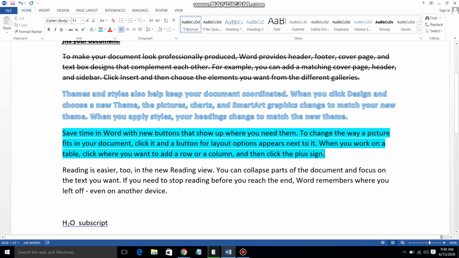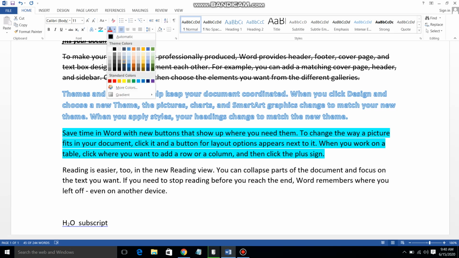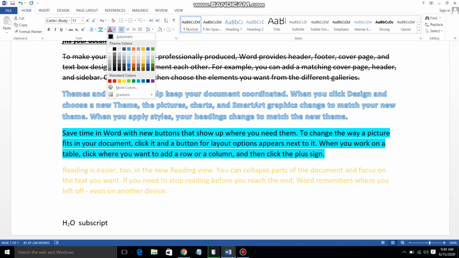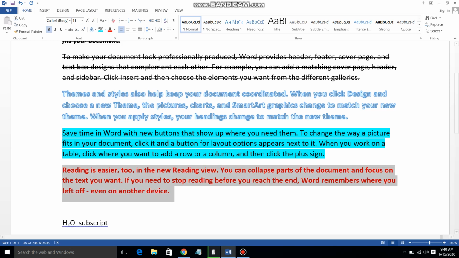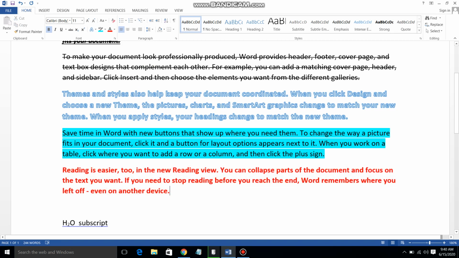Understand? Now next one is the color option. You can give the text color. See, you can give a particular color, a particular format. Okay, like this way, and again if you give the bold, you will get this kind of very dark red color. Understand? So this is the different option.